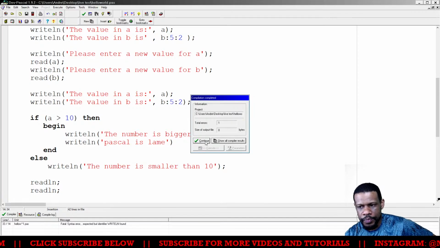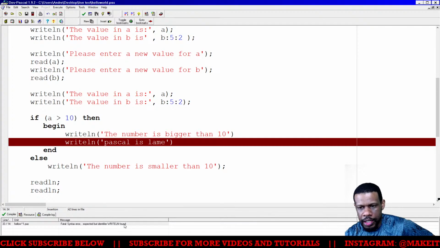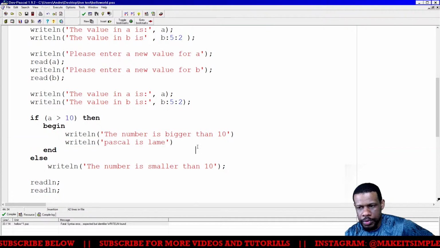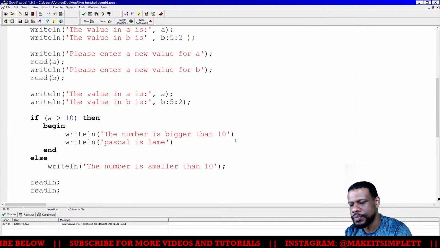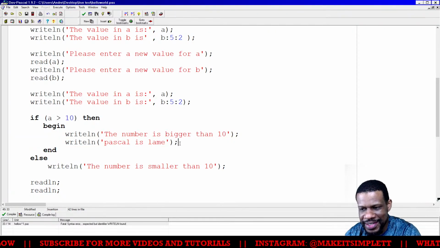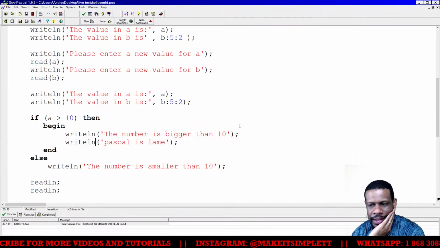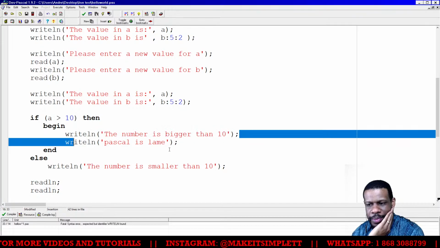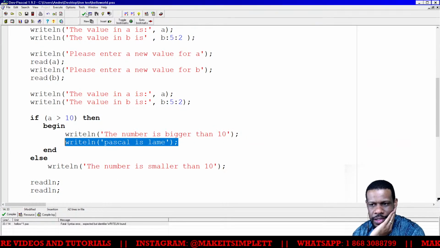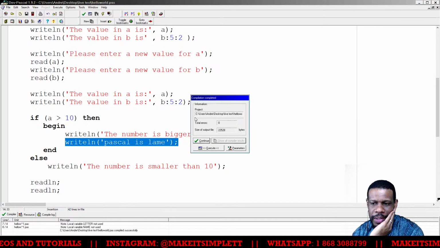I still get an error. The reason I'm getting an error is I have to put semicolons inside of them now, because Pascal is weird. Now that I have this begin and end, these commands must have semicolons for them to be accepted. So I run it again and now it'll be accepted.